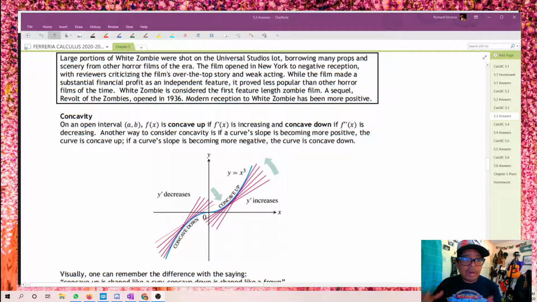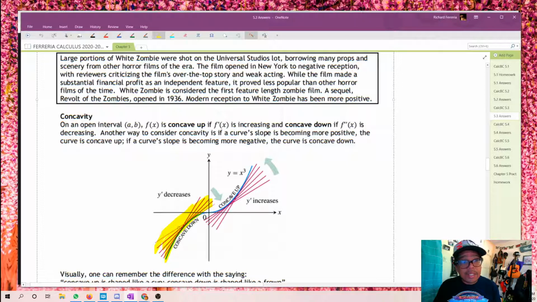So let's take a look at what we have here with concavity. And you will notice over here we have a piece of a graph that shows concave up and concave down portions. What you notice here is with the concave down portions, the red slopes, as we move from left to right, those slopes are actually decreasing in value. So we're getting less negative, or less positive actually, and we're approaching zero slopes. And so when we say concave down, that means as we read the graph from left to right, the slope